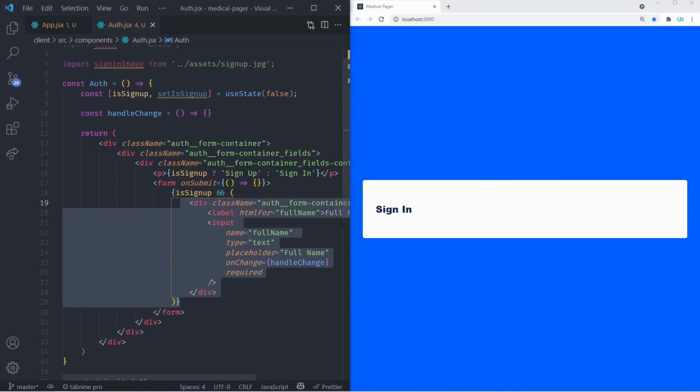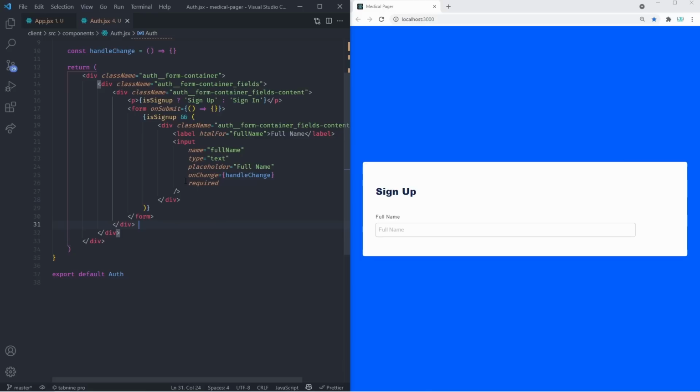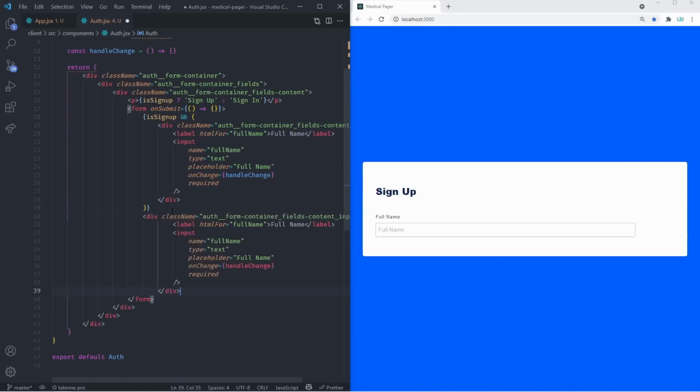Okay, we cannot yet see this because we are on the sign in form and not sign up. So let's manually switch this to true. And there we go, full name with the full name input. Of course, we don't want to create all of the fields by hand, so let's simply copy this div and